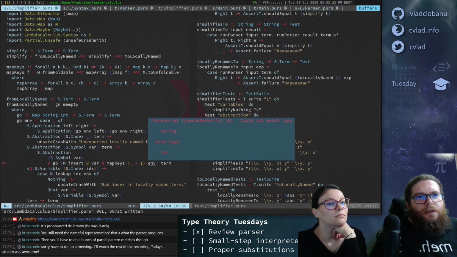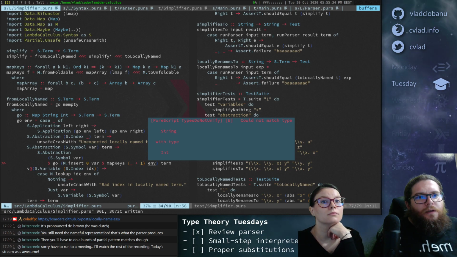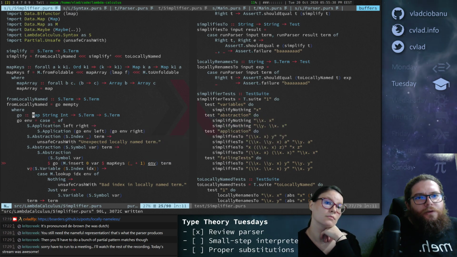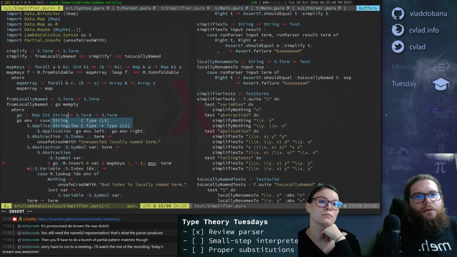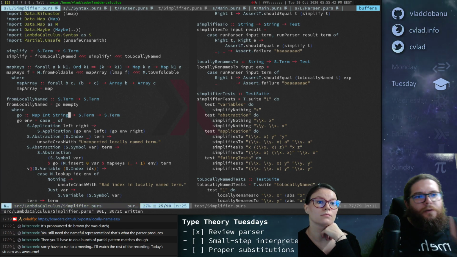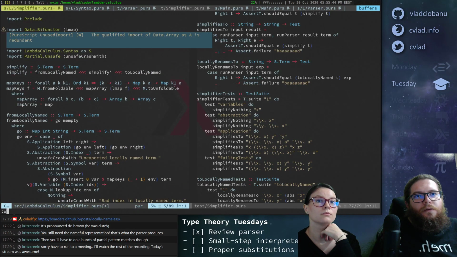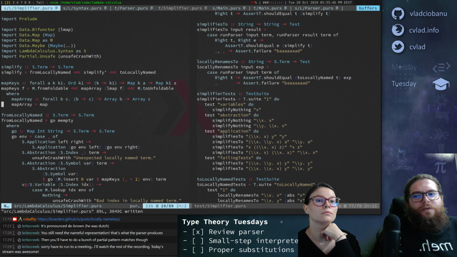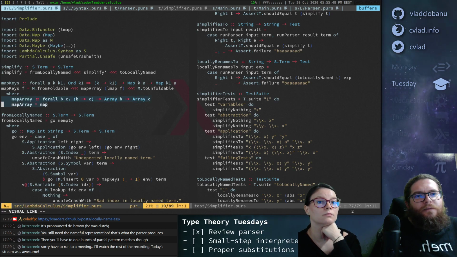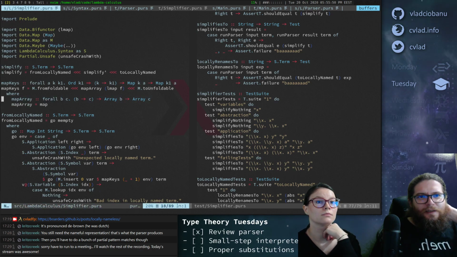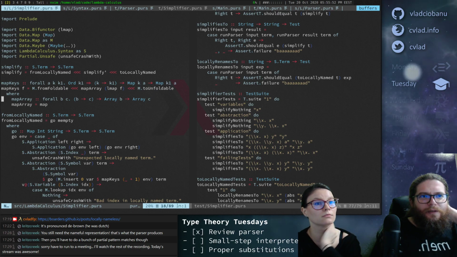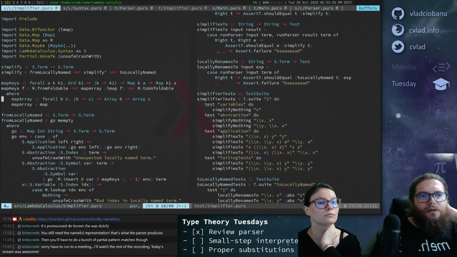Map keys could not match. I think we also need to replace this, right? Okay, cool. I'm not sure if anybody knows in chat if there's a nicer way to, like a simpler way to do it that I'm not seeing right now, let me know. But I'm not seeing the simpler version right now.